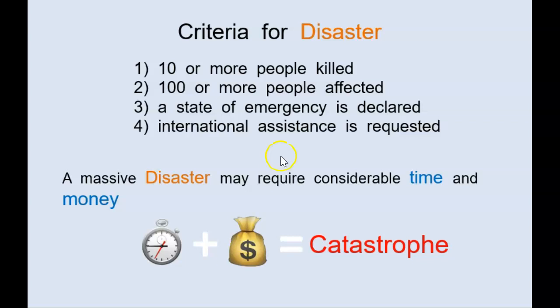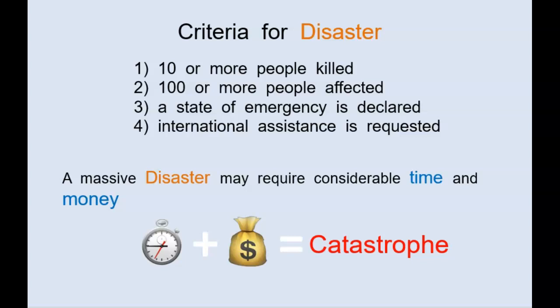And then the fourth criteria says that international assistance is requested. So, for example, this happens almost every year here in the Western US when we have our very great fire seasons, as you are probably aware of. So many times, teams from Chile, from Australia, from South Africa, Northern Europe, Scandinavian countries, Mediterranean countries, all of those make their way here to the US to help, and vice versa, when we have these tough fire seasons.